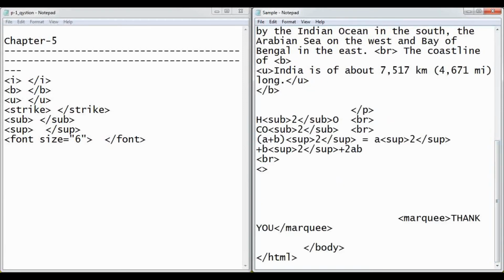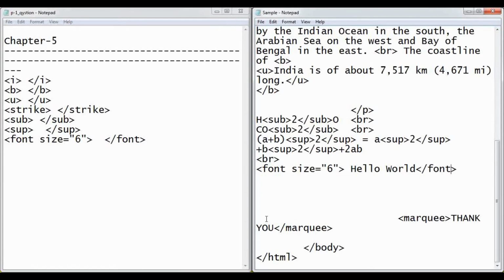So I'll use the font tag, font size is equal to 6, and I'll write a text here: Hello world. Now whatever text I write here, that text will appear with the size 6.